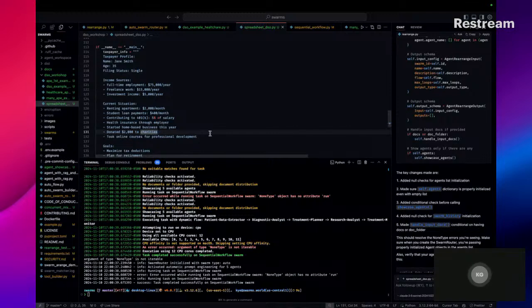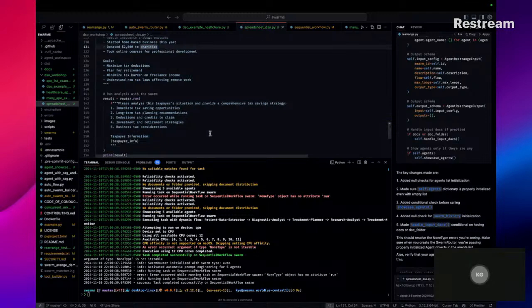These are income sources, and then investment income. Renting 2,000 a month, student loan payments 400 a month, contributing to 401k, maybe 5% of your salary, health insurance through employer. I started a home-based business this year, donated 2,000 to charities, took online courses for professional development.